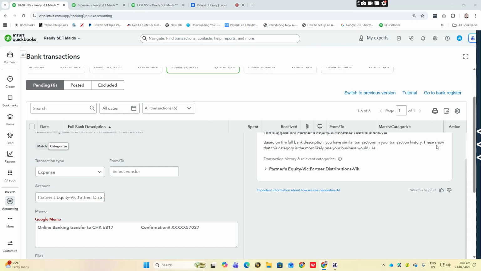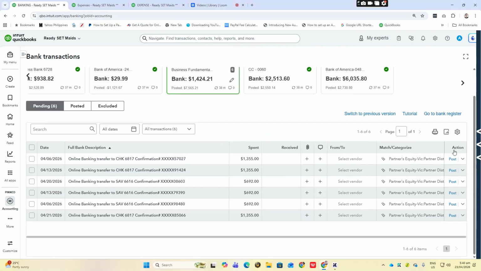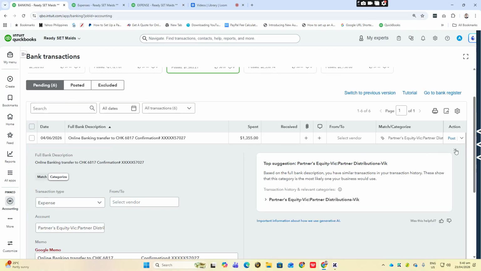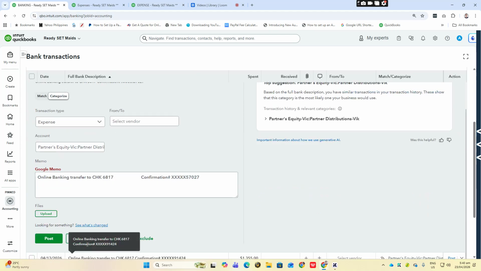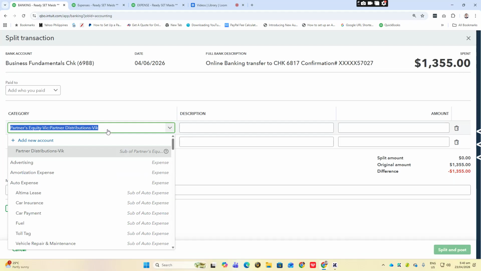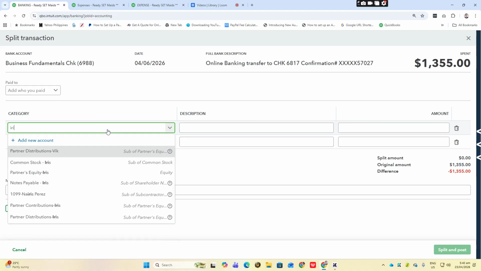Now for 6817, we have a rule here that this is for the personal account, 25% to Iris, 75% to Vic. Okay. So we're going to split this one. Out of 1355, 25% to Iris distribution.